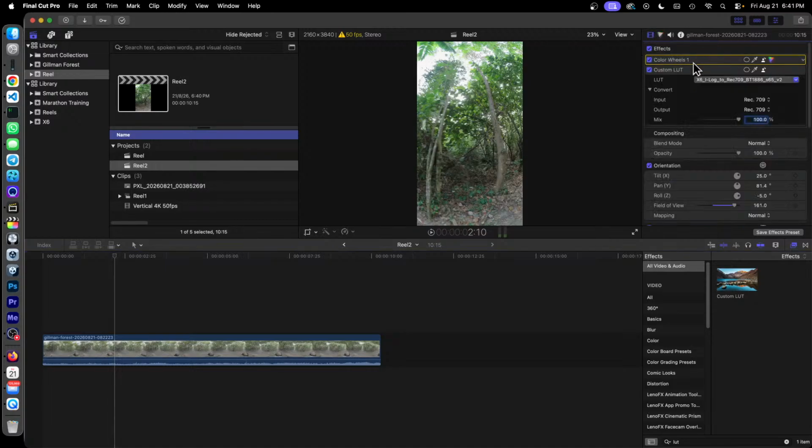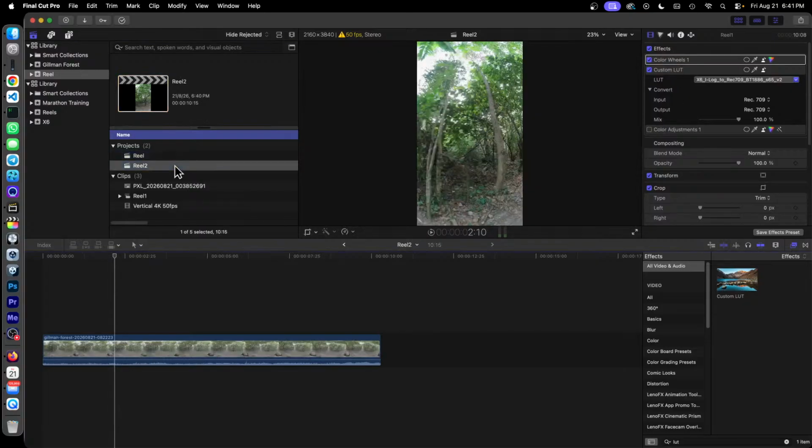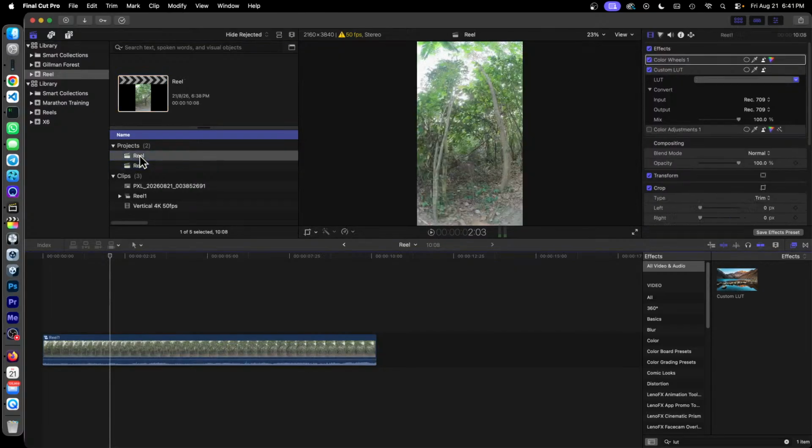So it's color wheel, then custom LUT. Reel, it's color wheels, custom LUT. Color wheels. Yeah, so it's a bit odd. I don't quite understand why this is happening. But